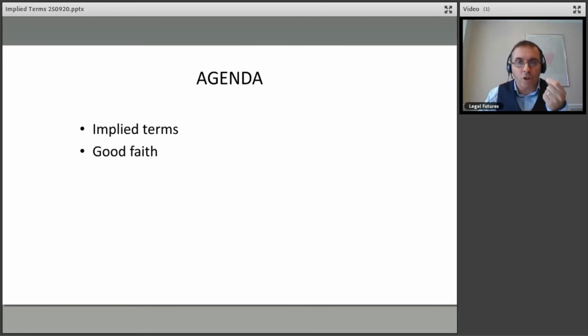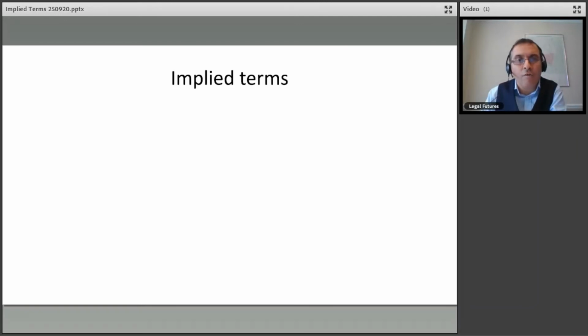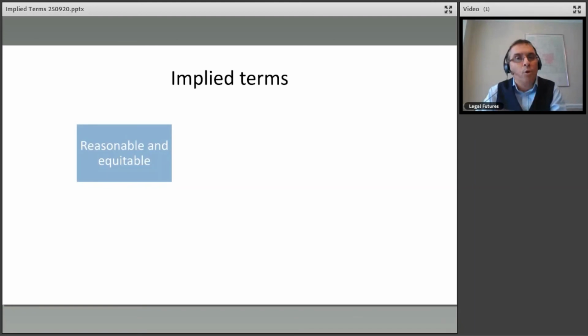That's the agenda then. Let's start straight away by looking at our first topic, which is that of implied terms. So, key thing to note is that what you're about to see on the screen is what we might call the classic formulation. There are sort of 4 or 5 elements that we're always looking at, and they've been around for a number of years. And then once we've established those, we'll go on to see the guidance that we have at Supreme Court level from several years ago. So, first